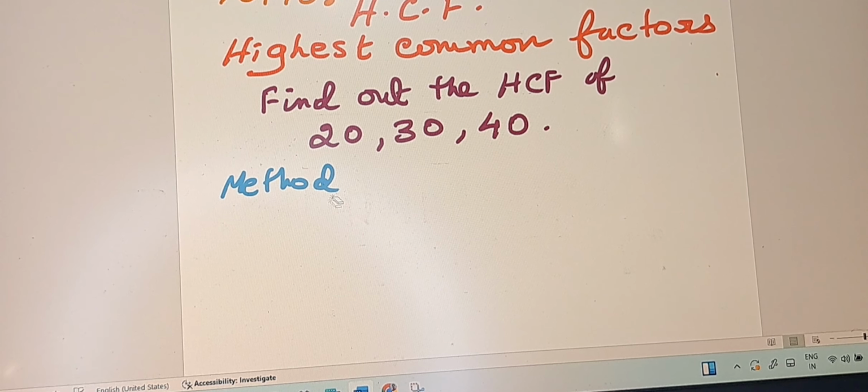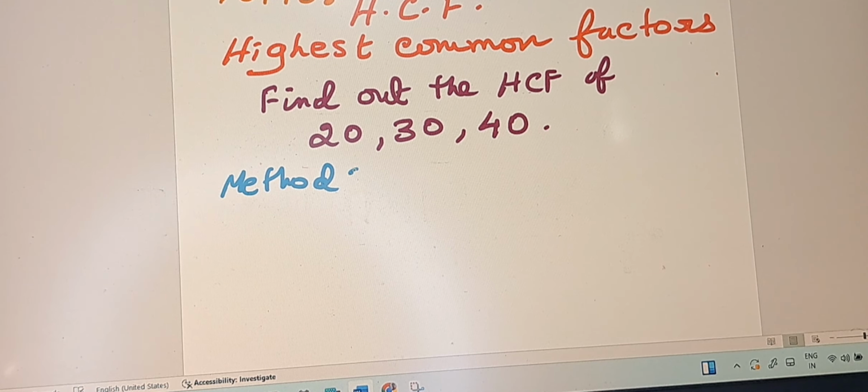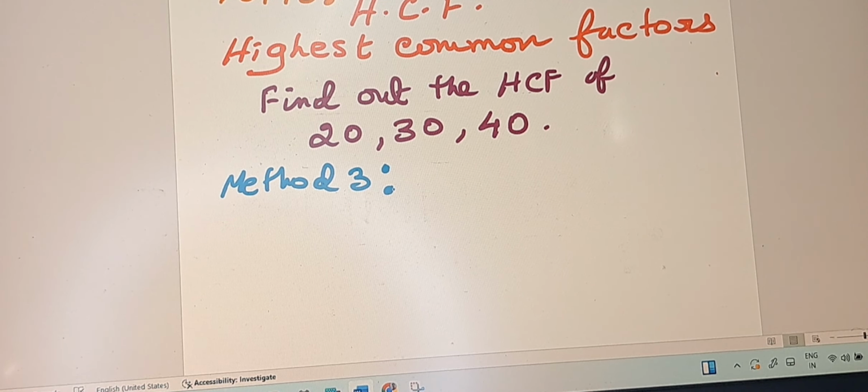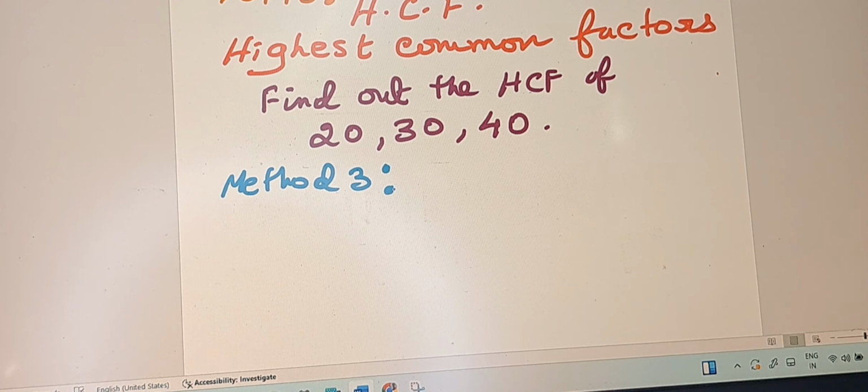Let us check. Method 3 is very interesting and this method you will be using in the higher class, in class 7, in class 8. There are many chapters, like one of the chapters is called square and square root, where you need to know this method. So this method is very interesting. This method is very common in higher class. With the help of this method we can find out H.C.F very fast as well as accurately, and in the exam hall